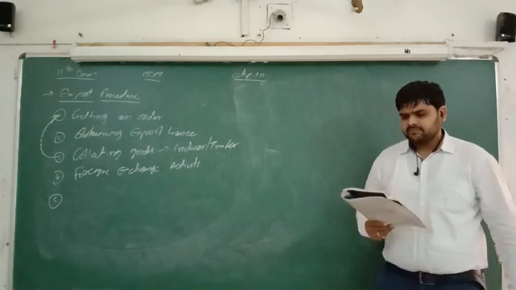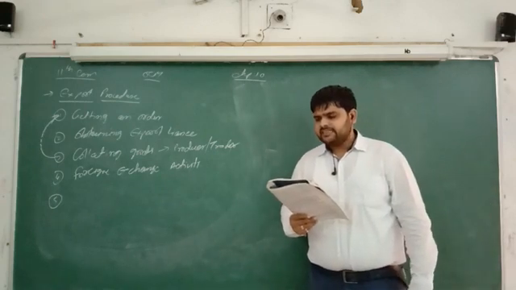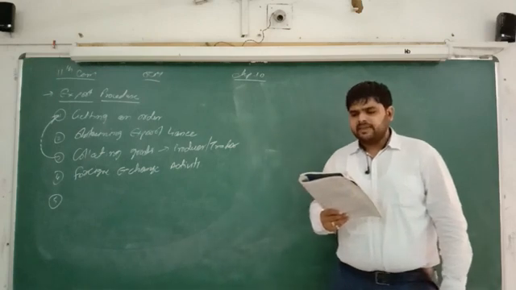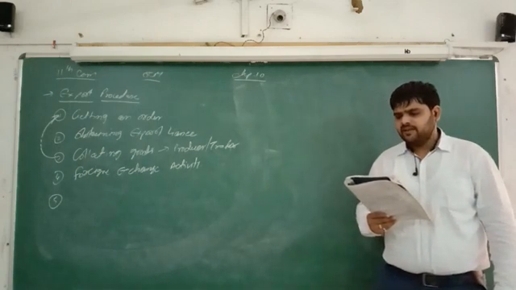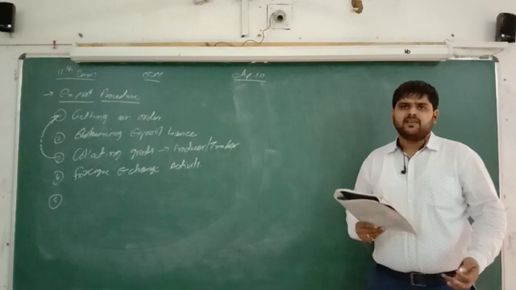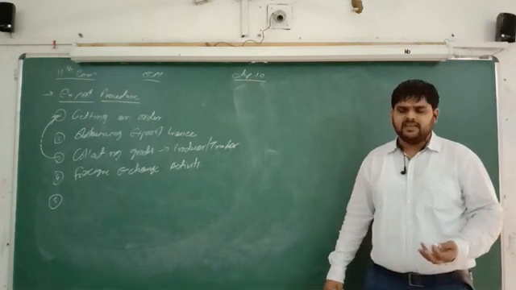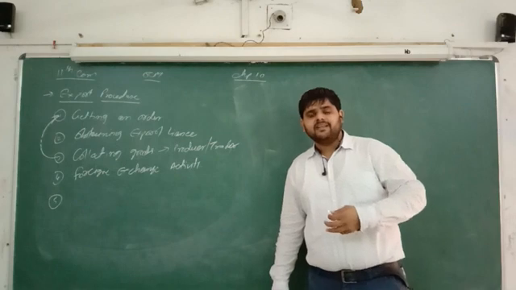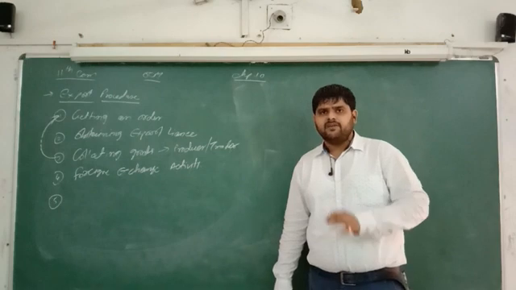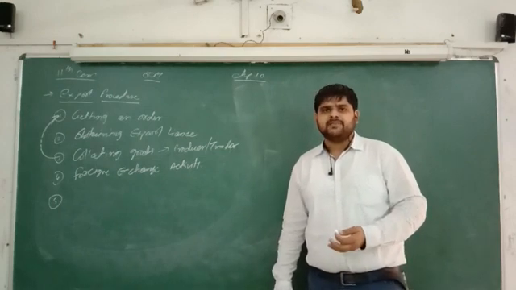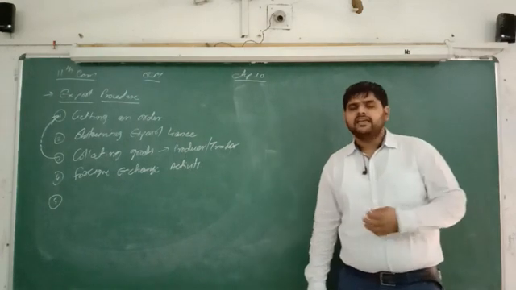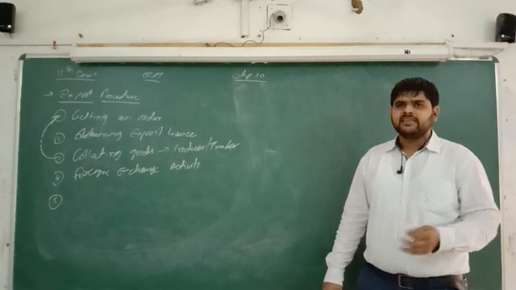Okay, let's see. Many countries' foreign exchange rules have been liberalized after the economic reforms of 1991. The importers pay the exporter the amount of the bill either in the export currency or in US dollars. So there are two types: either in the exporter's country currency, or, as we know, the universally accepted currency, that is the US dollar. Okay, as we know, the US dollar is universally accepted, it is accepted everywhere.